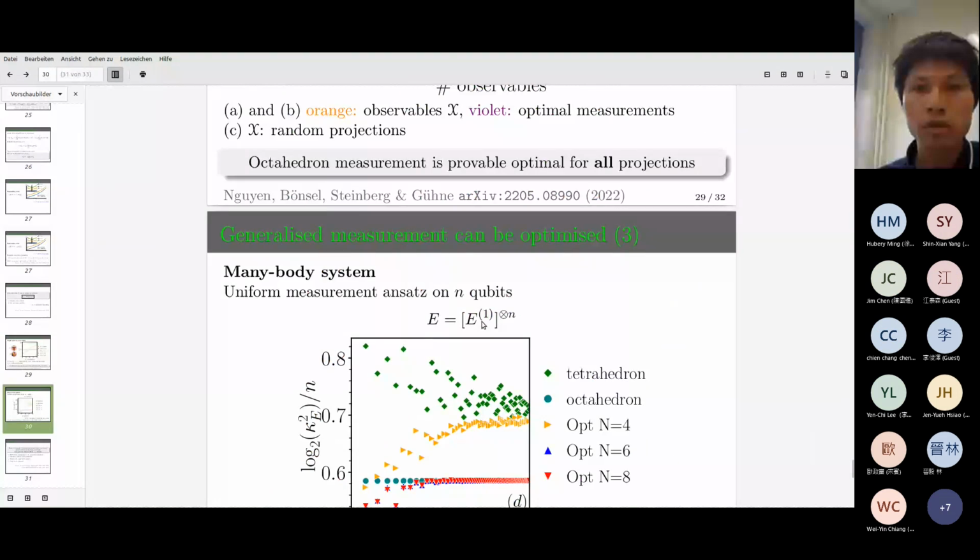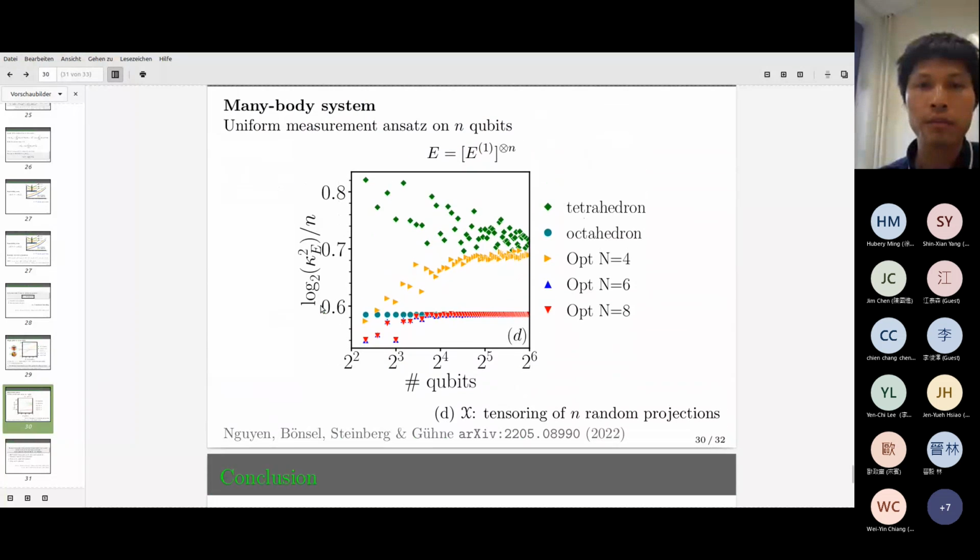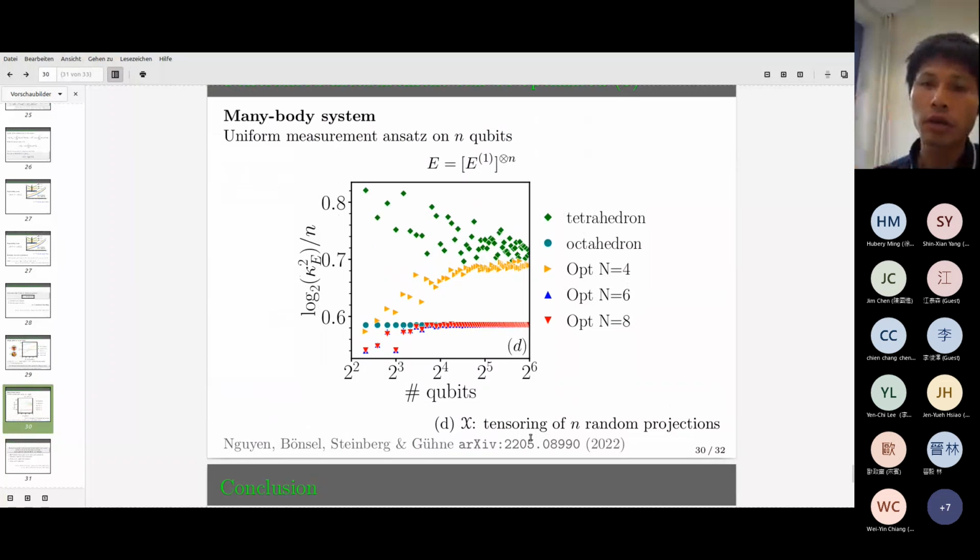Are people interested in the size with respect to the qubit number K? I mean, yes. Okay. With respect to the qubit number K. So you see it already here, right? In this case, we have n qubits, and the qubit number K is n here because I choose n random projections. And the natural thing is this shadow norm actually exponentially